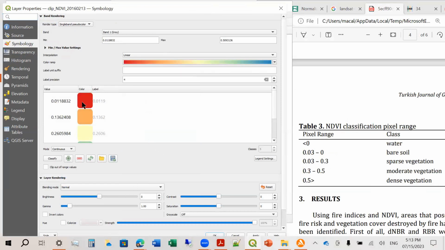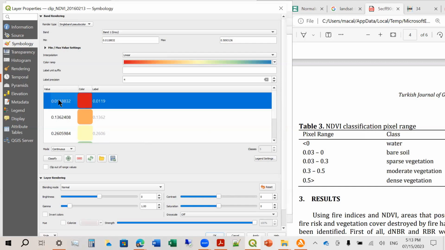Okay, so here there are 5 classes already: red, orange, yellow, green, and blue. So let's say red is highest NDVI and then blue is lowest. Okay, so let's start with the highest one. So let's choose this one. And then let's choose the value of 0.5.